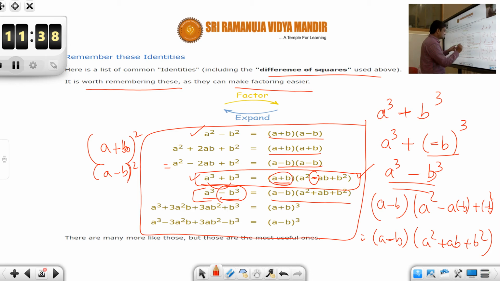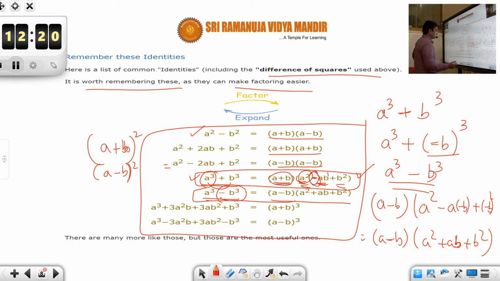Students, here simply we will write the sum of the terms a plus b, and then look at the first term over here, that is a cube, right? So a, with what do you need to multiply to get a cube? A multiplied with a square will give you a cube. So in the first term, put a square, and then go on decreasing the powers. In the next term, write a, and in the next term don't write any term of a. Similarly, increase the powers of b. Here there is no power of b. Here put b power 1, and then in the next term b power 2. The only thing you need to remember is that in between you will be getting a minus symbol. Okay, students.